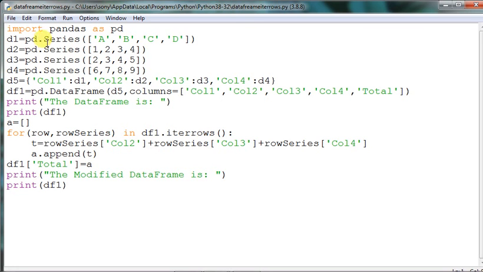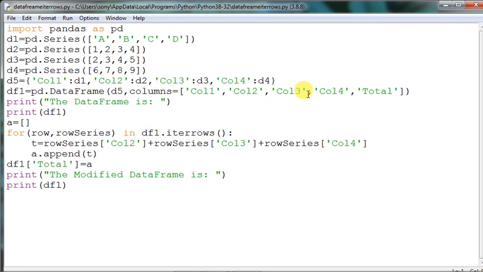Now here pd.Series has been taken, so all the series have been taken out here. I have taken four column elements: column 2, column 3, column 4. What is actually happening in this program is we are adding the elements of column 2, column 3 and column 4, and then printing it in a separate column whose name is total, which has been taken out here.